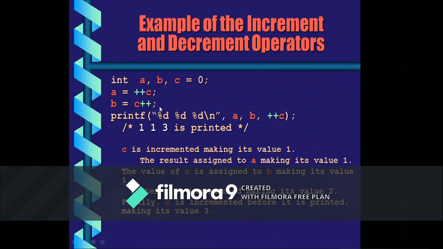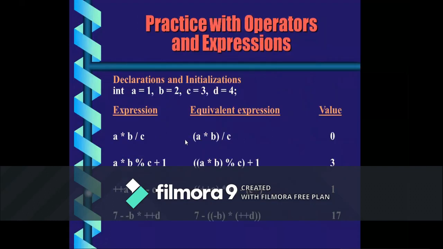After this line, your C value will become 2. Not at this line, after this line, it will become 2. Now your C value is 2. But again, I'm using one pre-increment operator. So it will increment and take the value. So my C value is 2 now, so if it is incremented, it will be 3. So the output is 1, 1, 3. So this is how your increment and decrement operators work with the pre-increment and post-increment condition.